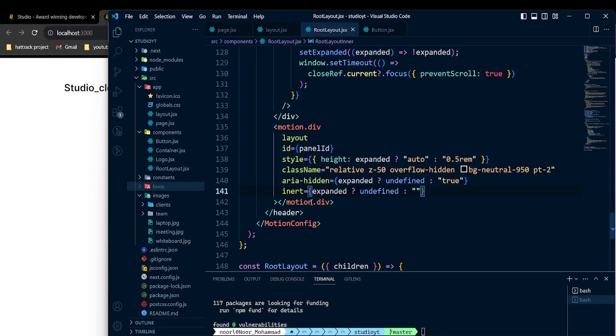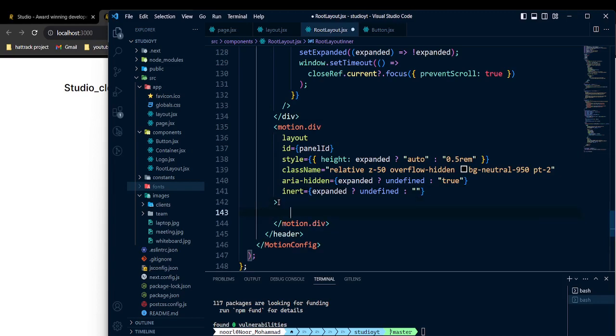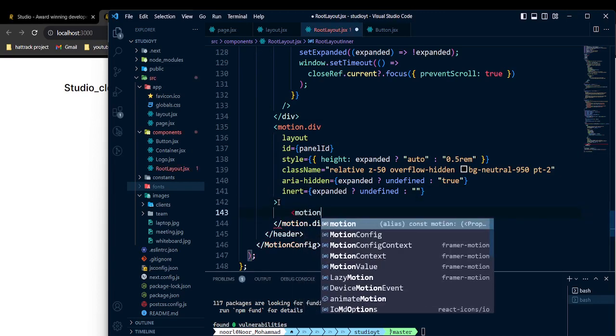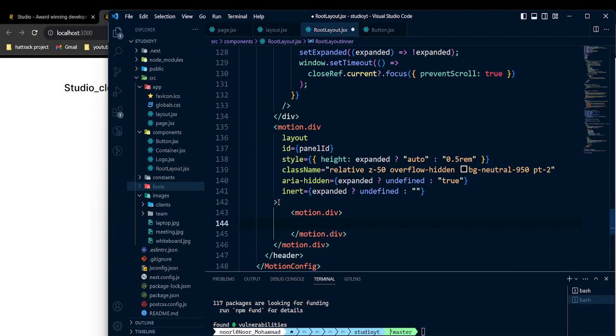So now, inside that motion div, we need to pass another motion div. Remember, inside that motion, it will also work with other motion. So now that div will also take a layout, and the class name will be neutral of 800, and now inside that